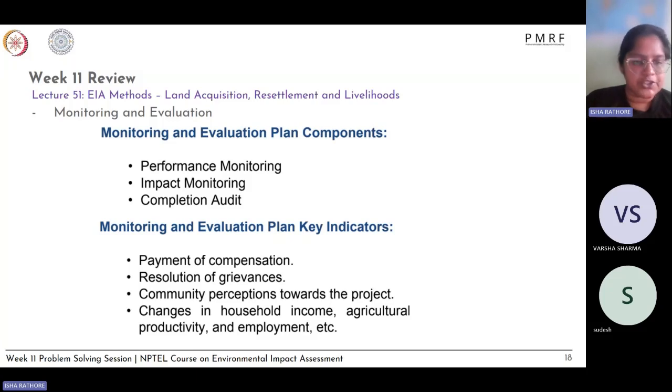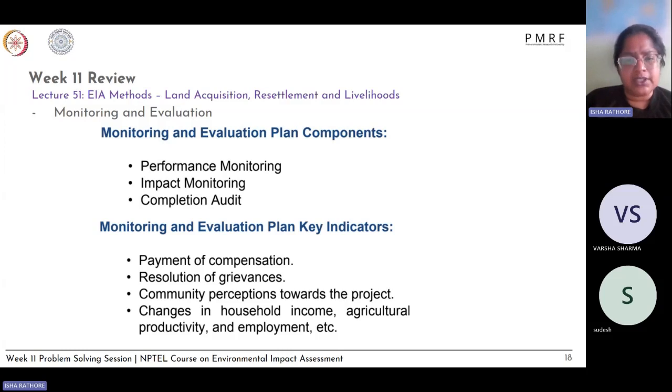That is all of the compensation, because the compensation might have been paid out in different phases or intervals. So all of this payment of compensation has been achieved, and whether any grievances which the displaced population felt after the compensation, because of compensation issues or because of the new location issues, have been resolved between the two parties, that is the displaced or resettled population, as well as the project developer team.